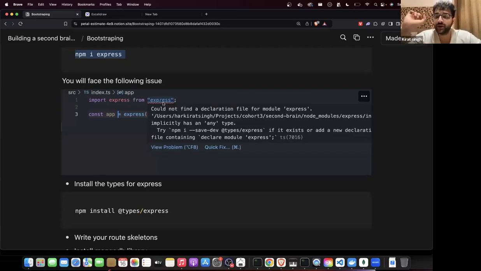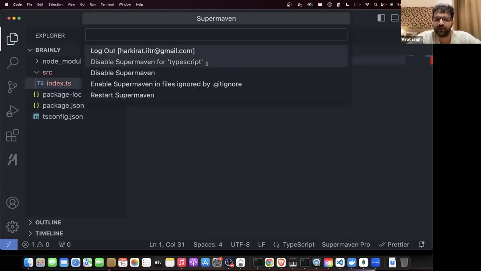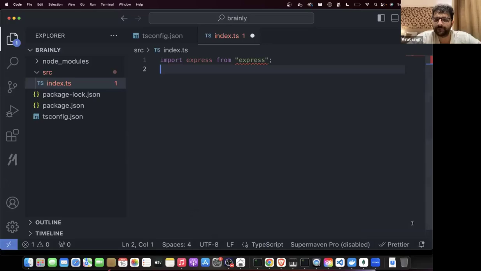Import statement use करेंगे. Believe it or not, this is how one person got filtered out in Super 30. He was really good, but दुनिया भर के projects बना दिए. I said, just do one thing for me. Create an empty TypeScript project, add Express to it. Wasn't able to do it. Googling, some random commands he's putting. Import express from express. Like this should be 2 seconds में खत्म. You should be able to do this very quickly. Now comes the second challenge.